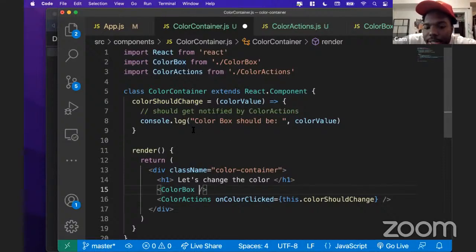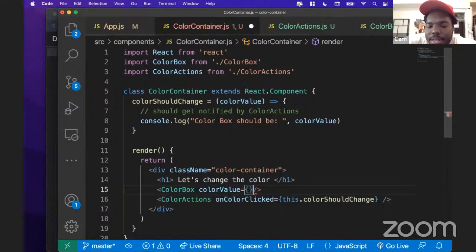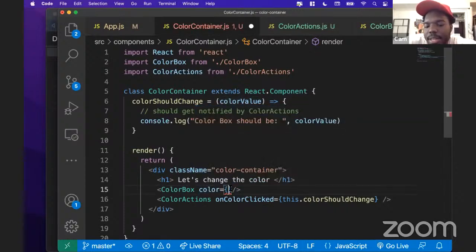That's exactly right. So we might want to say, okay, I might give the color box a prop and call it color value, right? And color value is essentially, or maybe I say color, right? And color should be getting whatever the